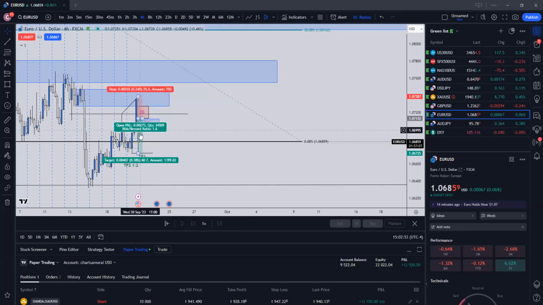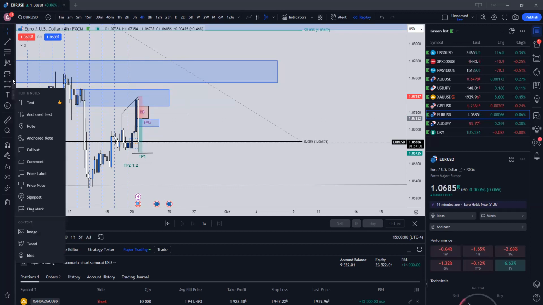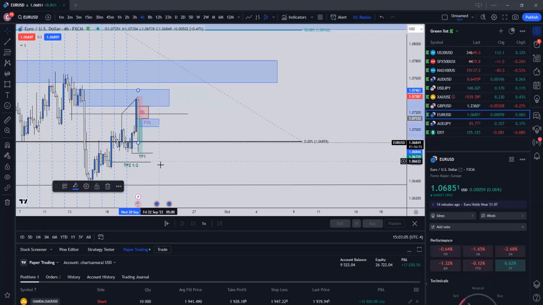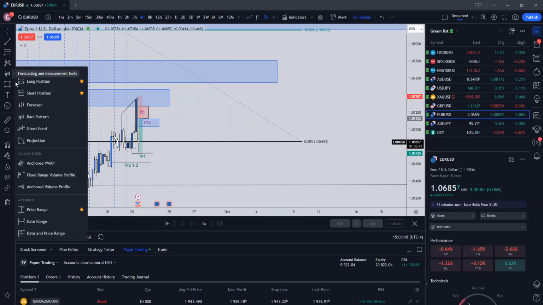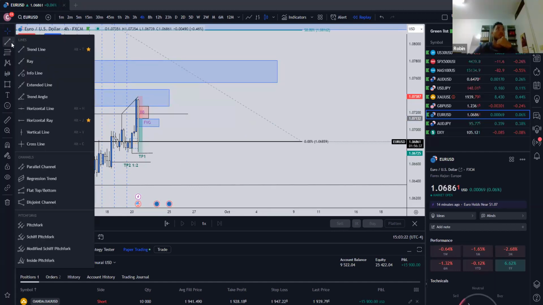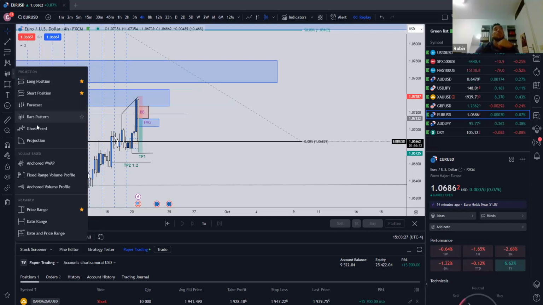So now you're going to wait and say, okay, 4-hour candles, what do I want to see? And I'm really excited because I just found this tool the other day. I think it's this. No, what is it? There's one that will draw the candle for you. That's cool. I don't know what that is, but that's cool. It's the ghost feed. Go back to the one above. Yeah, and then the ghost feed.